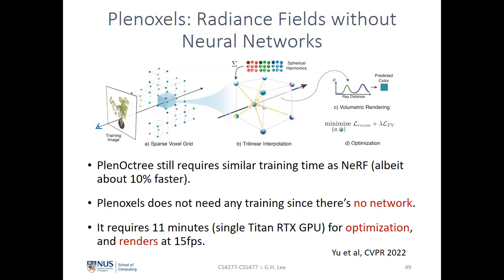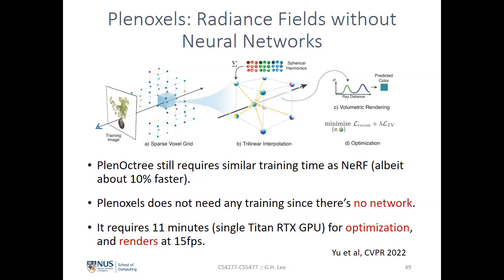So in the follow-up paper by the same author, which is CVPR 2022, because Plenoctree still requires training time, they say in Plenoxels to forget about deep networks. We don't have any deep network at all. So there is no more training time at all. Instead they do optimization. So instead of a Plenoctree, because now there's no need to cache the coefficients and the volume density anymore,